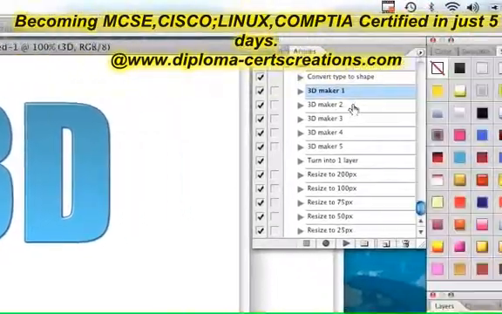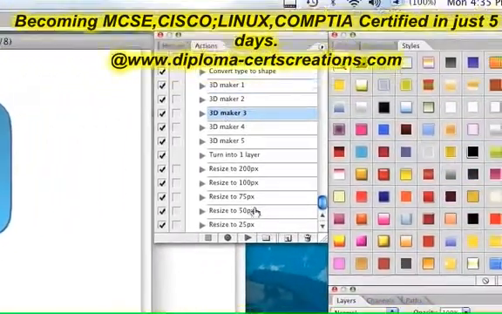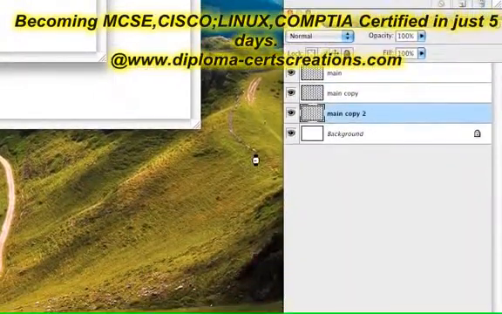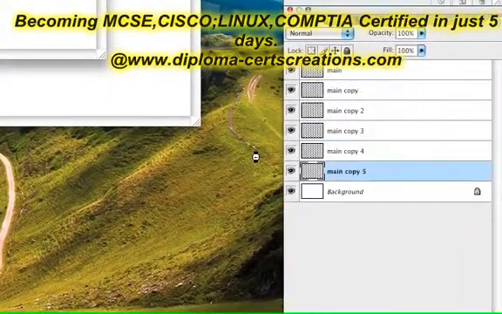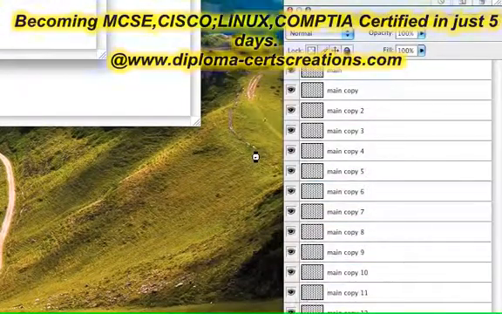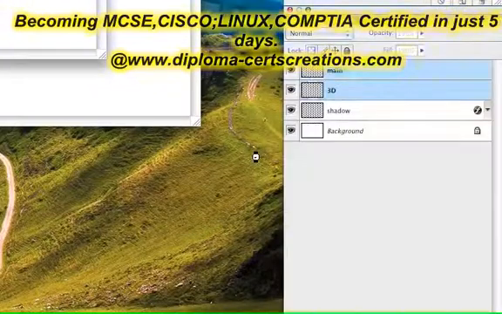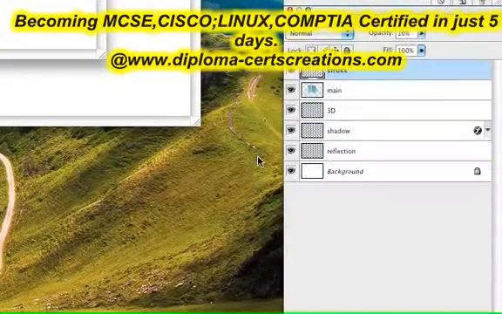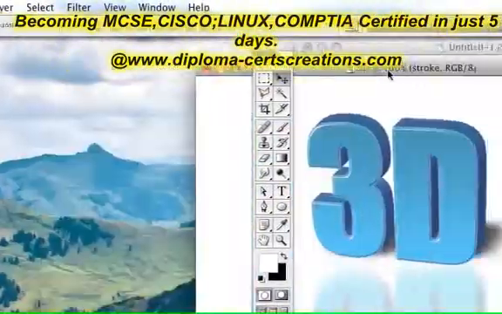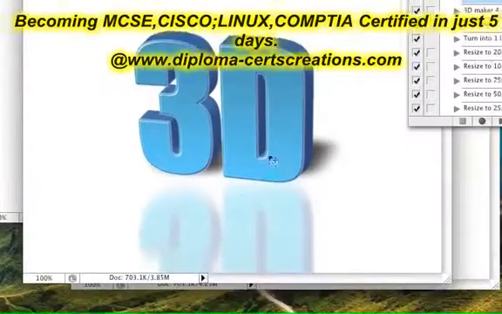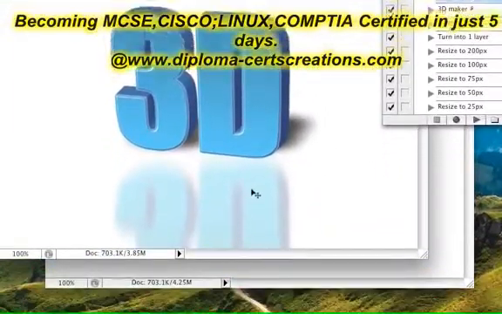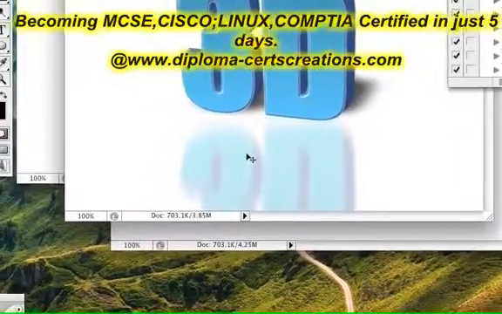Let's just use one of the different perspectives here, like this one. Press play again. We'll wait for the action to do its thing, and then I'll show you what you have to do for some of the other actions. Okay, it's done, so here we go. This is a different perspective as you can see here, and also as you can see, the reflection is not lined up 100%,